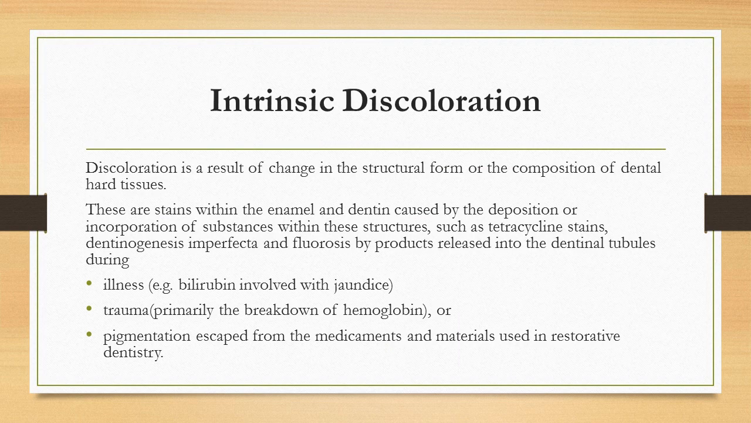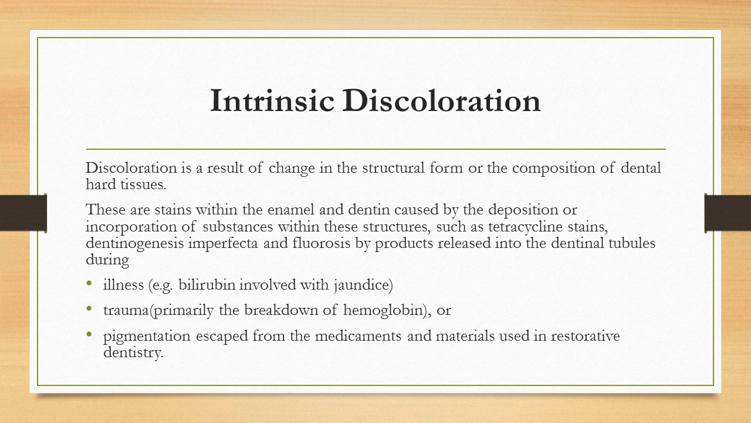While the intrinsic discoloration, here, the discoloration comes because of some structural change within the composition of the dental hard tissue. So these are the stains, either in enamel or in dentine, because such a material was incorporated within the structure, like a tetracycline stain, dentinogenesis imperfecta, fluorosis, byproducts released in the dentinal tubules, other byproducts that are released in the dentinal tubules due to some illness, for example,